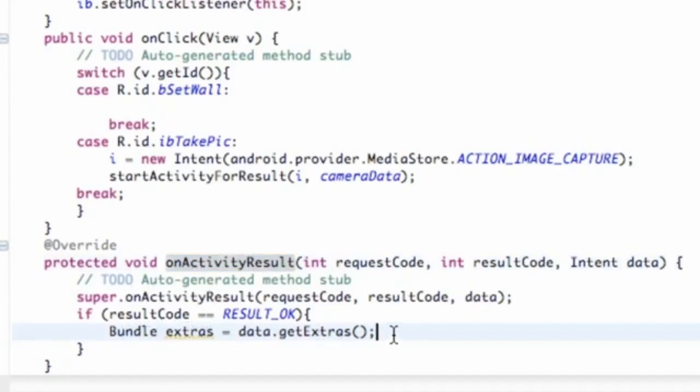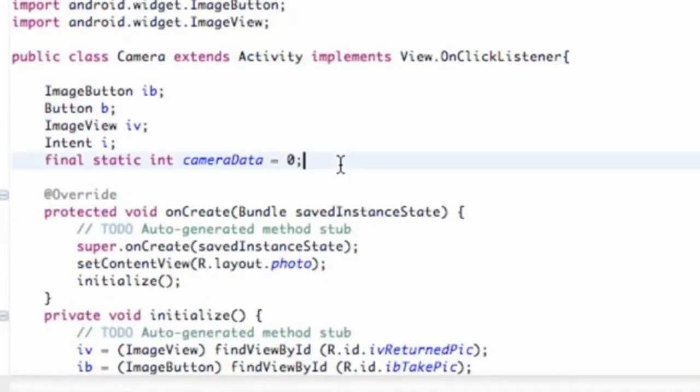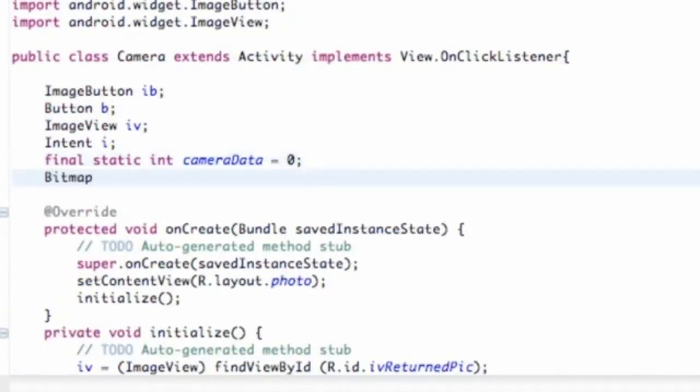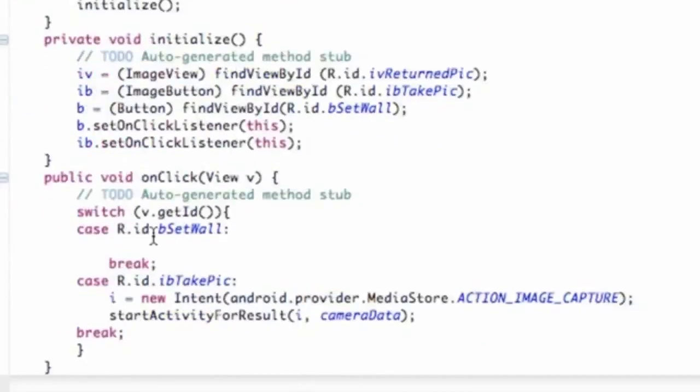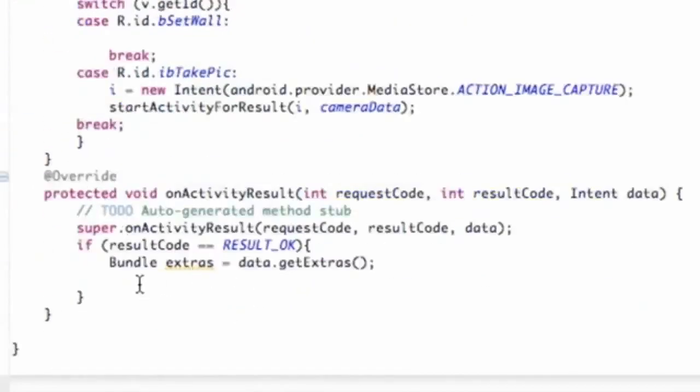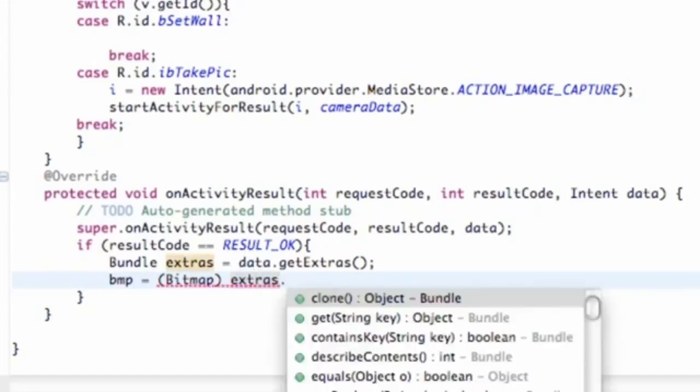And now what we're going to do is set up a bitmap based on that bundle. Or actually, we need to set up the bitmap for a whole class again, so we're just going to scroll up and type bitmap like that, and then create the import for our bitmap class so we can use that. Then scroll back down, and now we're going to set up that bitmap variable. We're going to say bitmap is equal to, and then within parentheses bitmap, and then we're going to say extras, which is basically this bundle, extras dot